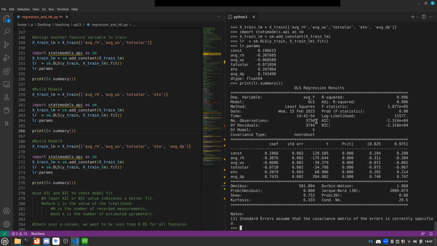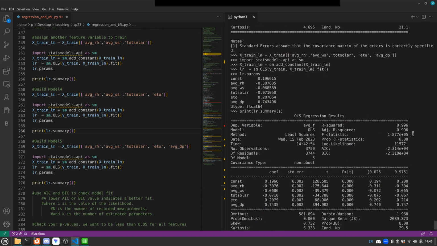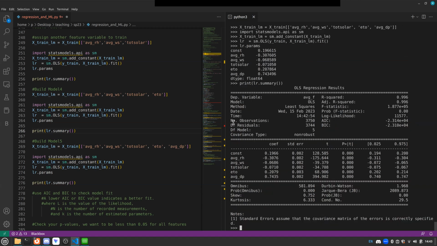The AIC and the BIC are down to negative 23,140. So we went from negative 9,000 to negative 23,000. So we more than doubled the model fit according to the AIC. Remember, the more negative, the better. So this model is a much better fit